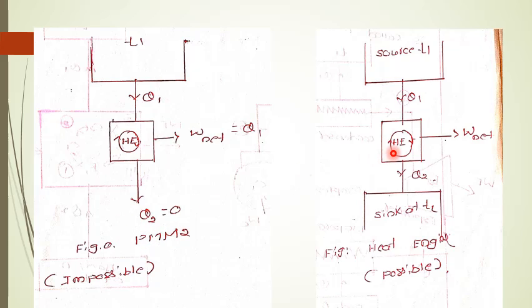You can see here, for a proper heat engine, we are adding heat here. For a perfect heat engine to operate in a proper manner, it should operate between two bodies, source and sink, both at different temperatures, and it is rejecting some amount of heat to the sink and producing net work. This is possible. So such a possible engine we will call a heat engine. And this impossible machine, which is rejecting zero heat energy and producing net work, which means that all the heat energy we are supplying is converting to work, is not possible.